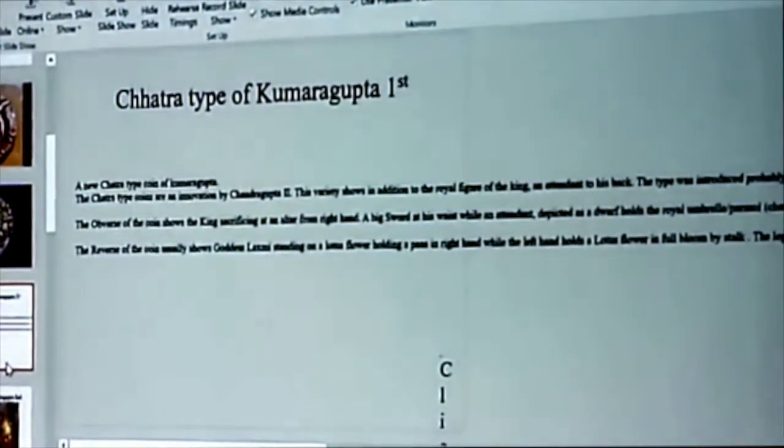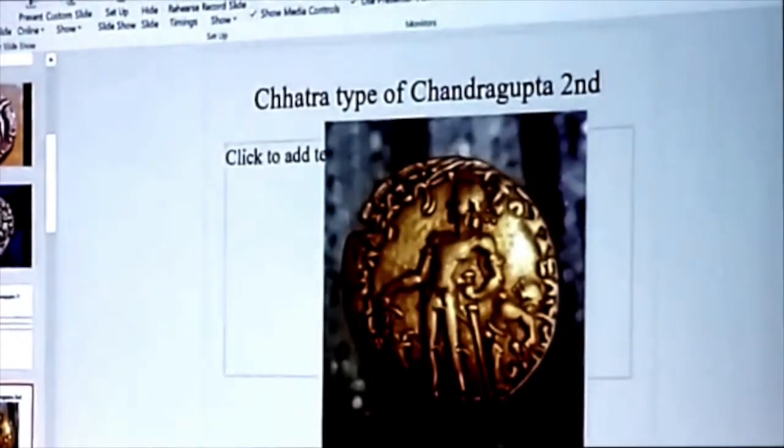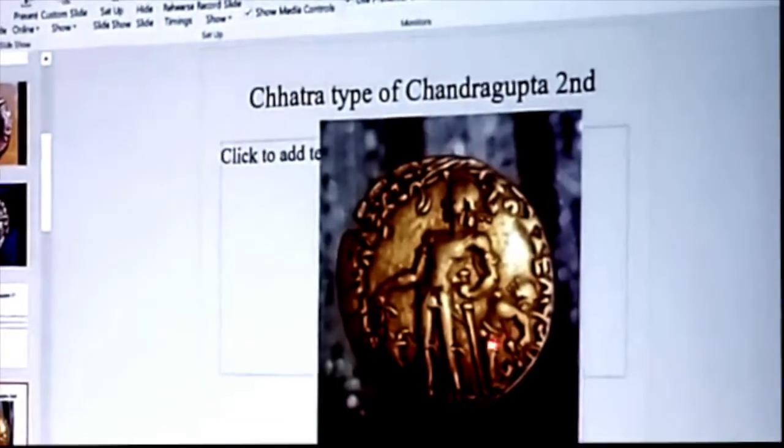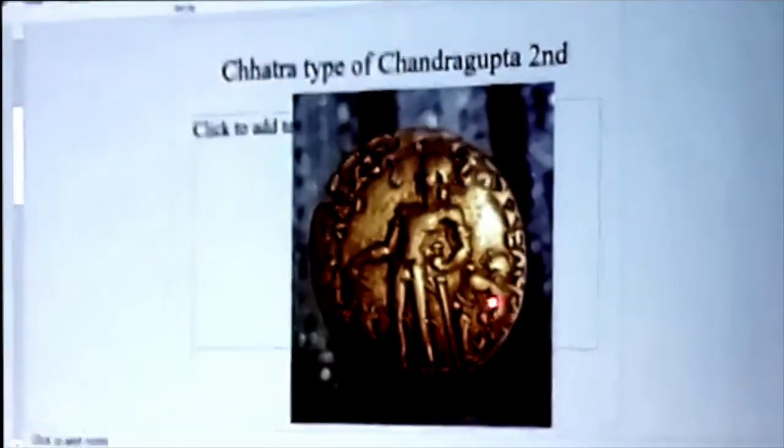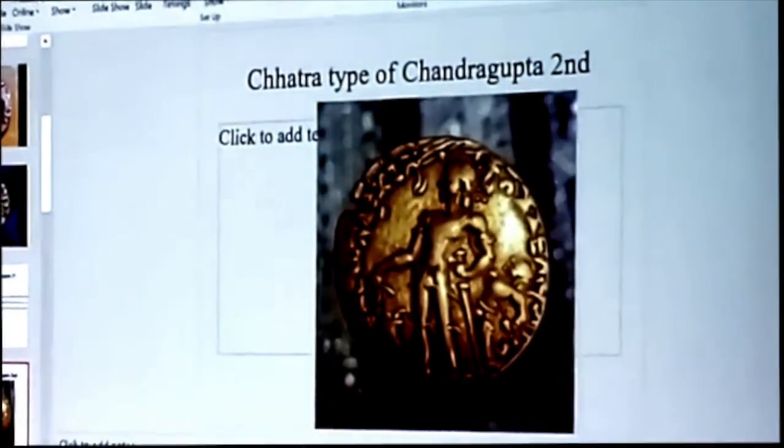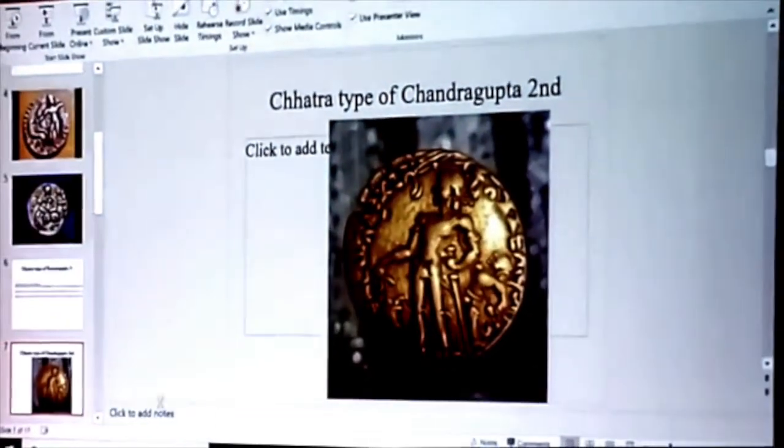This variety was probably meant to depict the king as a unified ruler, as the Chhatradhikara was mentioned in many texts by Kalidas as the king with supreme power, the beholder of a parasol. The obverse of this coin depicts the king in a very royal posture, offering oblations on an altar, much like the early standard types. But in addition, he has the attendant holding a parasol, and the reverse would capture